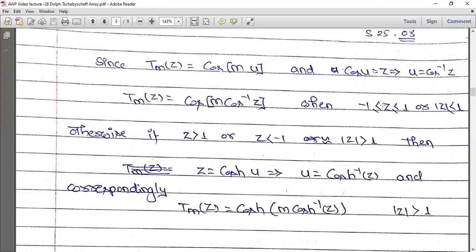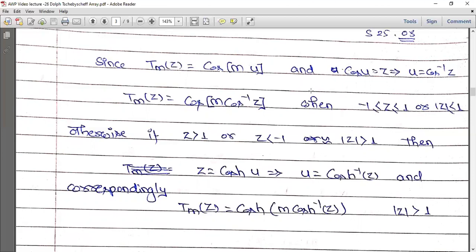The same thing, z greater than or equal to minus 1 and less than or equal to 1, is also written mathematically as mod z less than or equal to 1. What is the meaning of mod z? Mod z means taking the magnitude only. If z is negative, you will still get mod z positive. So when z is minus 1, mod z is again 1, and when z is plus 1, it is again 1, and in between these values mod z will always be less than 1. So for z varying from minus 1 to 1, you can represent the same range as mod z less than or equal to 1. Many times these kinds of notations are there in the books, so that's why I have written them here.